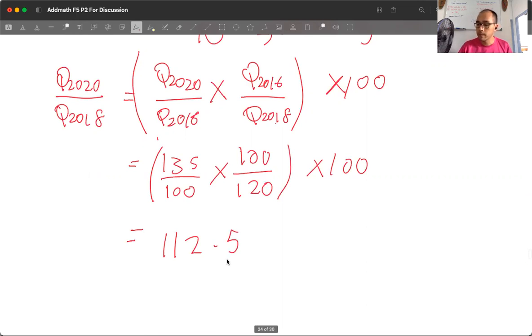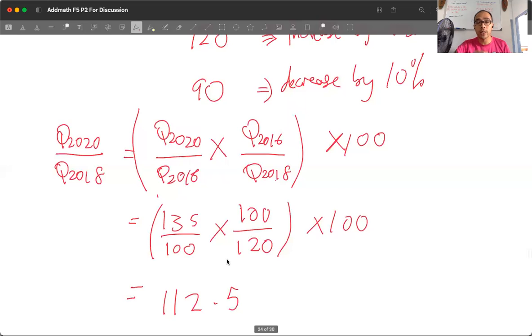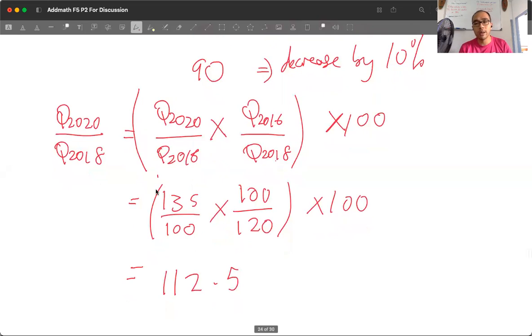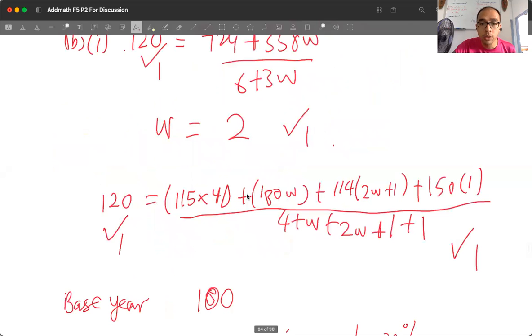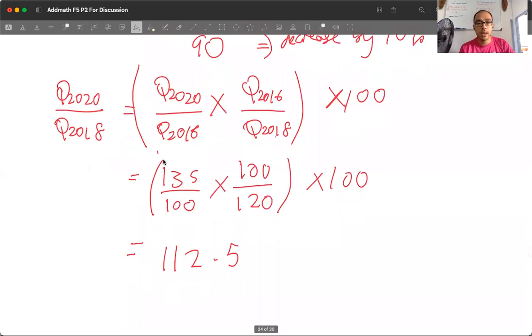I think so. Yeah, 112.5. Okay, and this is a 3-mark question. So the first mark is kamu dapat 135 di 1 markah. Penggantian yang betul 1 markah, jawapan betul 1 markah. That's how it works. So this is the chain rule that we work, and we always find this question in